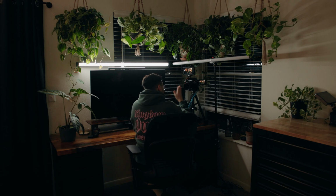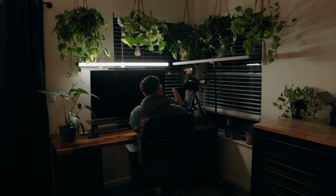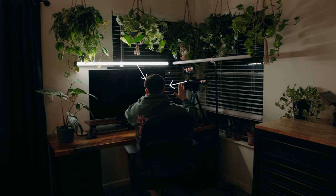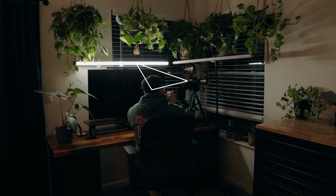And now I wanna light this the correct way using the one tip I wanna share with you guys. This is so much more cinematic than the way I was lighting it before. And the main reason is because I'm shooting this scene shadow side. What that means is that the camera itself is pointed at the shadow side of my face. The light is at a 45-degree angle and the camera is pointing almost like a triangle at the other 45-degree